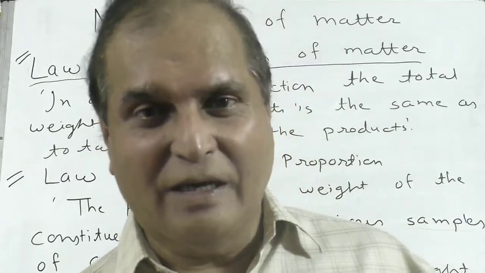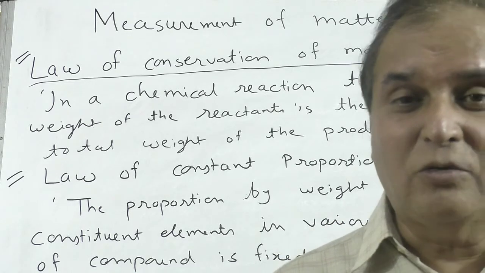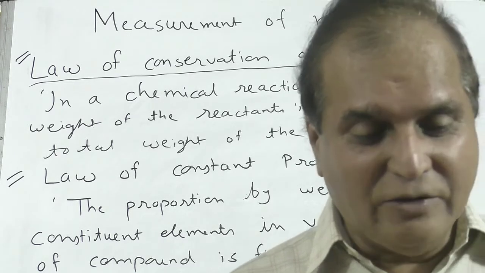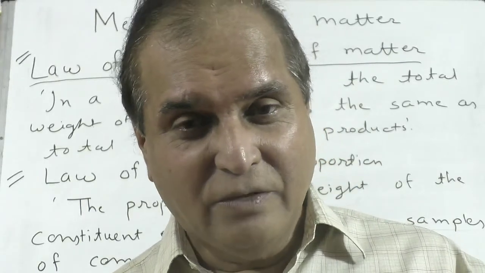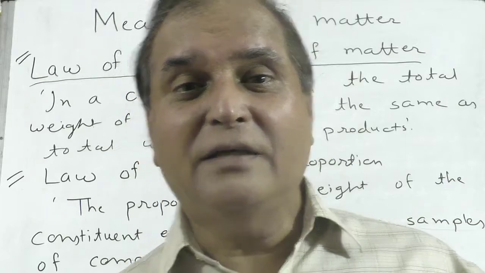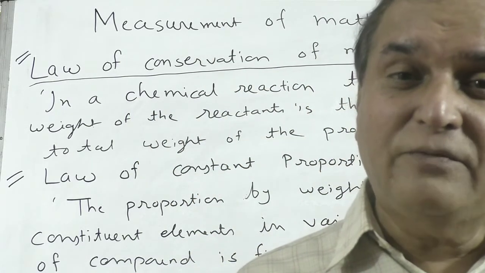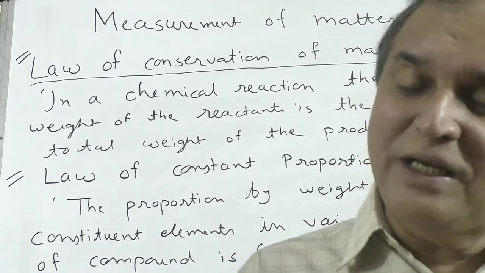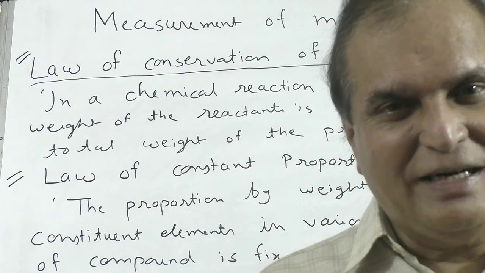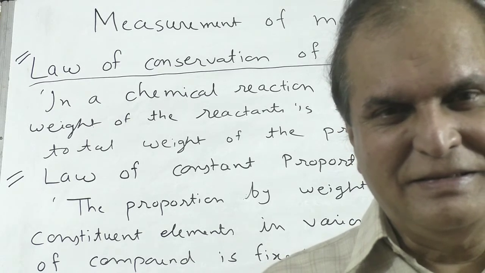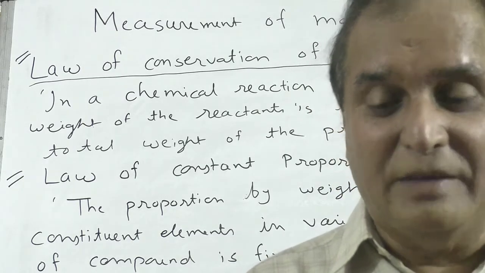And sums, numericals will come. This much oxygen, this much hydrogen, how much water will form? Suppose you take 5 grams of hydrogen, it requires 40 grams of oxygen. 5 plus 40, 45. But if you take 50 grams of oxygen, only 40 grams will be used, and 10 grams remain unreacted. Understanding? So these are the basic laws of chemical change.